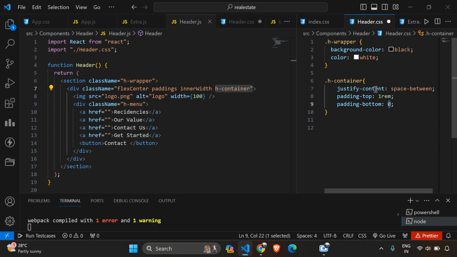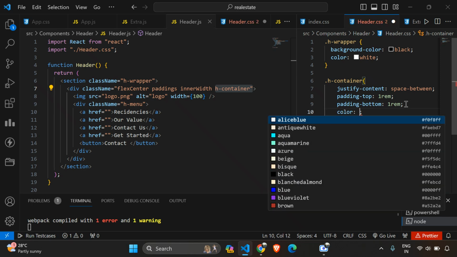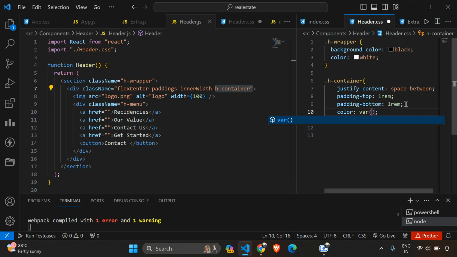I will give the padding from bottom, that is again let's give it the same 1 rem itself. Okay, and after this let's give the color. So here, what color I will give is I will use some sort of gradients. For this here I will give the color of the